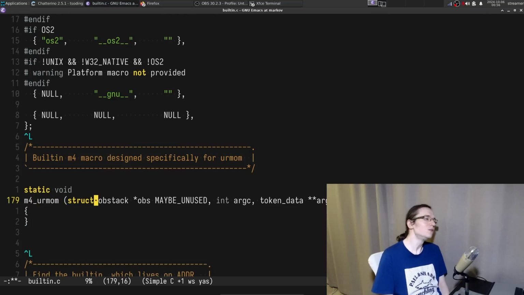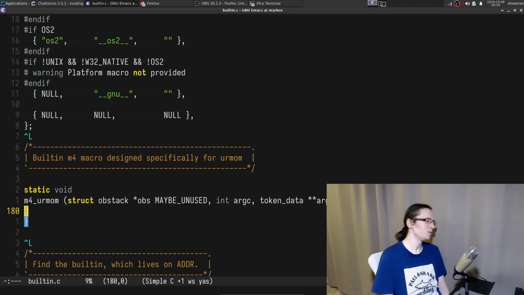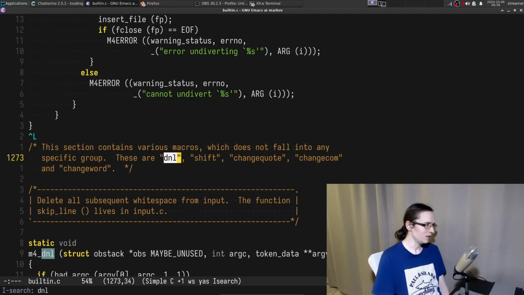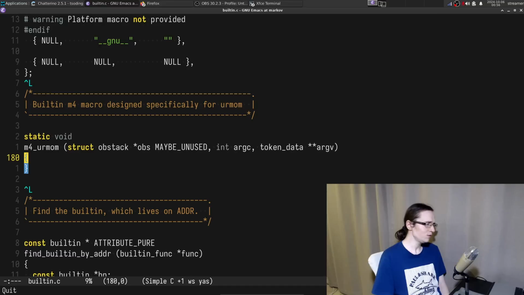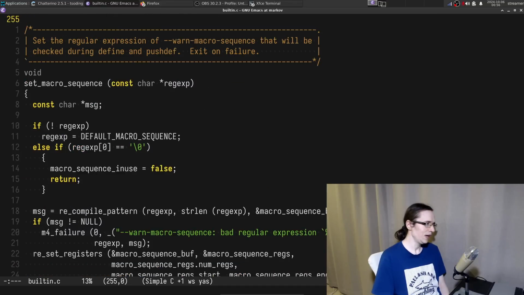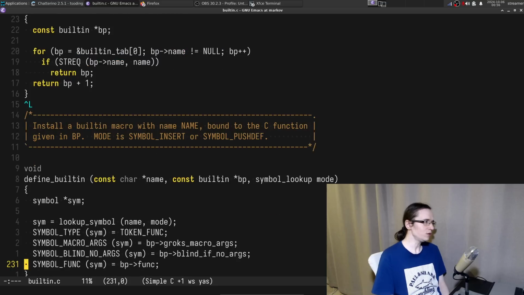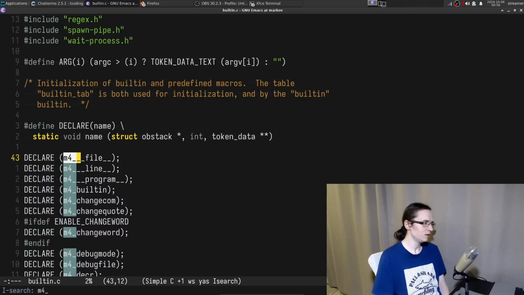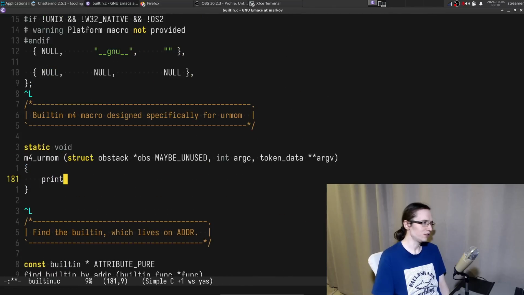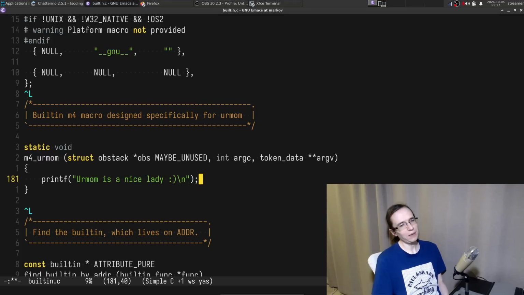Maybe. Ooh, look at that. What is this macro? May be used. That's really funny. Okay, so it's maybe to suppress warnings or something like that. All right. So at DNL, I'm looking for, I don't even know, how can I issue some stuff? One of the things I can do is essentially just print something. Your mom is a nice lady. Something like that. But I also want to actually embed that thing into the stream output.